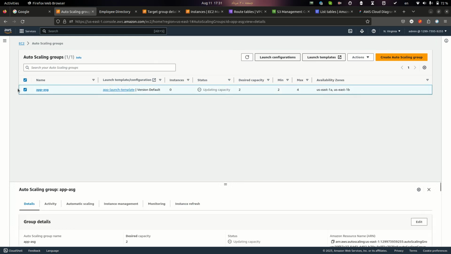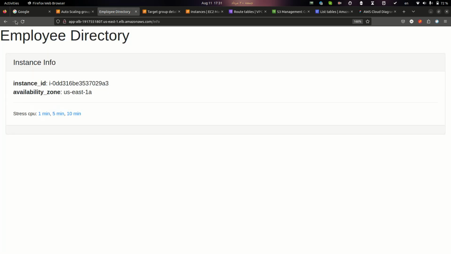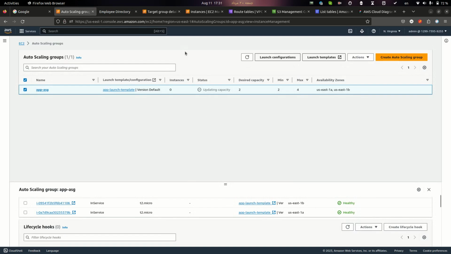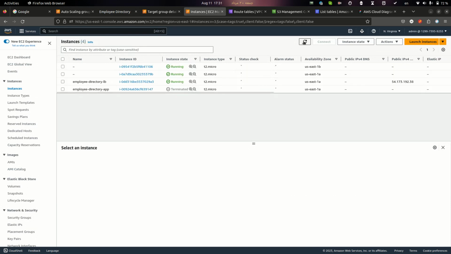Here, if you choose autoscaling and instance management, you can see it created two EC2 instances, and if I refresh, it is initializing, and in my EC2 instance panel, you can see it created EC2 instances and they're initializing. If you put a stress test on this server, you can see it creates two other